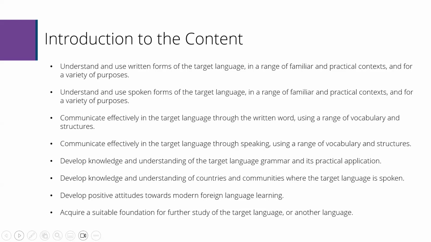When we say range, for example, we mean a variety of different structures rather than constantly repeating the same structure over and over again. So as teachers are thinking about planning, we're maybe looking to develop that range of structures and also develop the range of vocabulary. Perhaps watching out, for example, for overused vocabulary, words like problem that could actually be replaced by challenge or difficulty, for example, are ways that range of vocabulary might be developed.